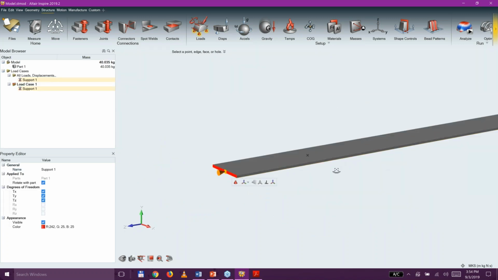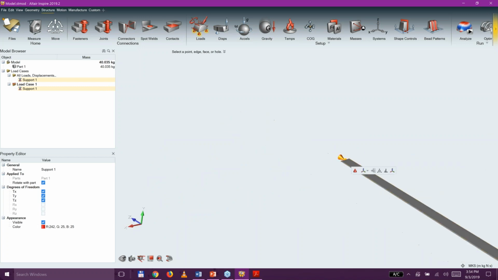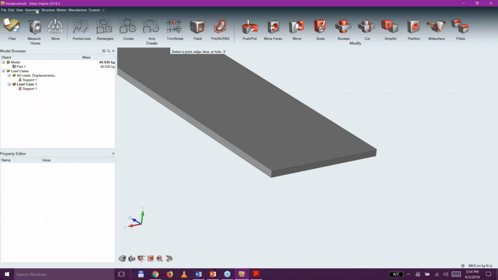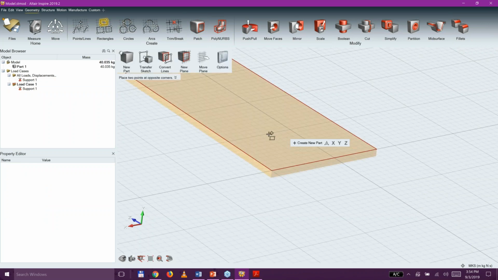I'm going to hold it in place right there, and we'll come down here to this end. And I'm just going to sketch a location on this surface right here. Yeah, that seems about right there. And